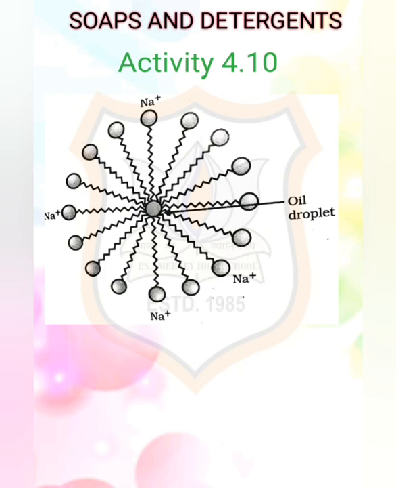Activity 4.10. Take about 10 ml of water each in 2 test tubes. Add a drop of oil, say cooking oil, to both the test tubes and label them as A and B. Now, to test tube B, add a few drops of soap solution. Now, shake both the test tubes vigorously for the same time period. Can you see the oil and water layers separately in both the test tubes? Immediately after you stop shaking them, leave the test tubes undisturbed for some time and observe.